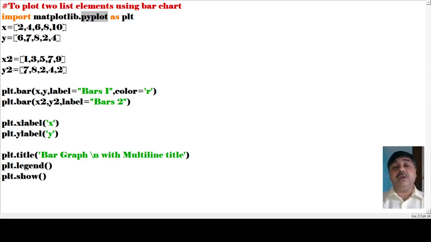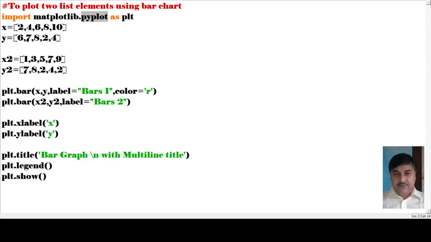Now you see here plt.xlabel we have given x, and plt.ylabel we have given y. After that there is plt.title, which is 'bar graph with a multiple line', isn't it? See here, a backslash n has been given, we will see what it is doing, with 'multiple titles'. Fine, so this is the title. Then we have created one legend to show the particular thing that is implementable, and how it is workable.